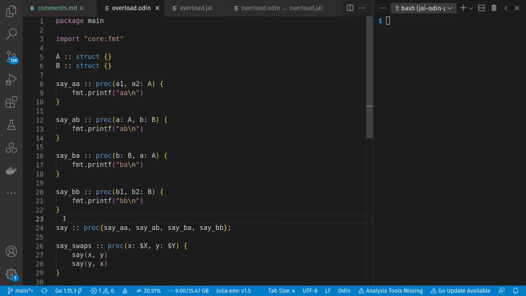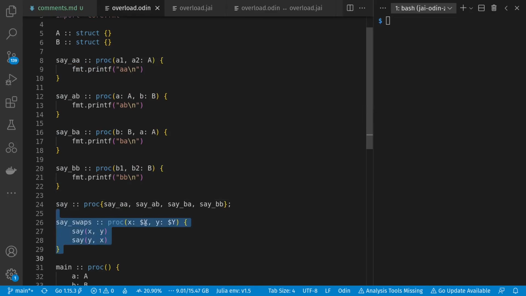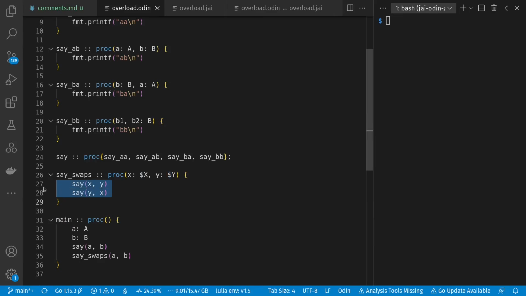And Odin has this notion of overload sets. So you can say everything in this set that have unique names, I'm going to also refer to as say, as an overload. And here's a generic function with generic types $x and $y that calls say in both directions on those. And down here in main, I just call say AB and say swaps AB as well. If we run it, we get